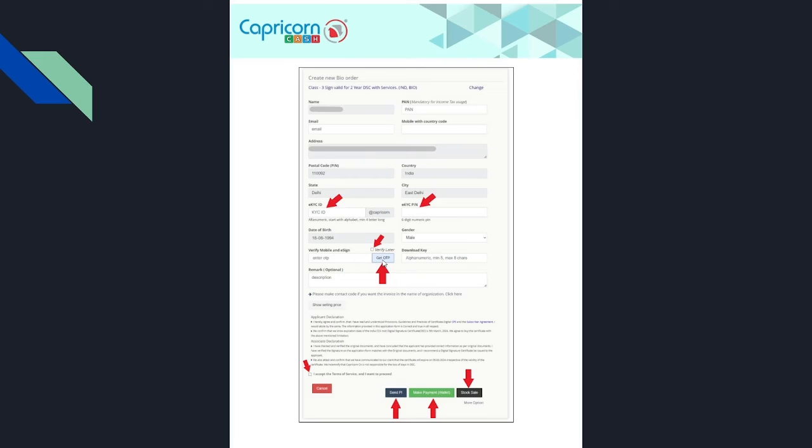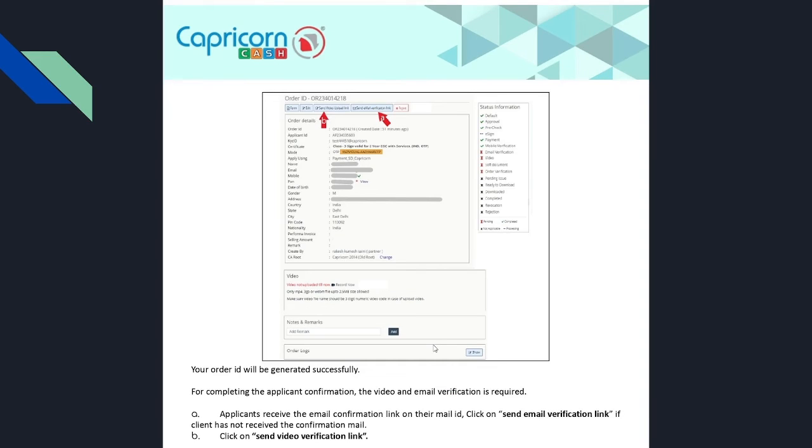Once you click on get OTP, you will receive an OTP directly. This time you will be receiving this OTP directly from Capricorn's end. You need to enter the OTP, click on the checkbox and select the appropriate method to make the payment. Once you have made the payment, you need to click on